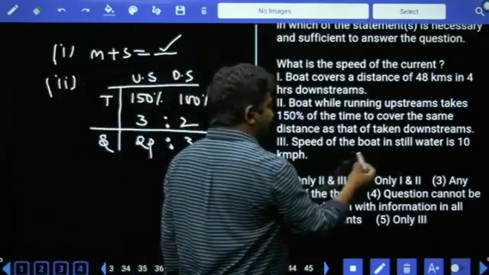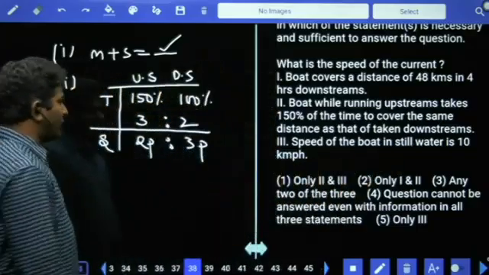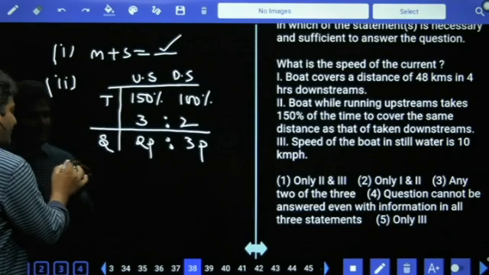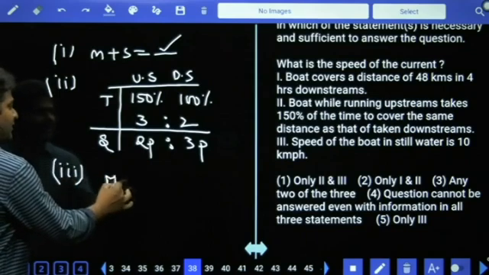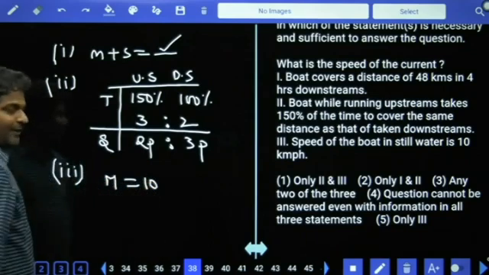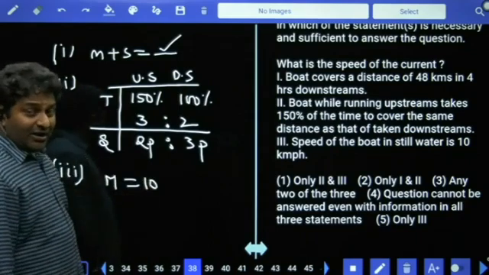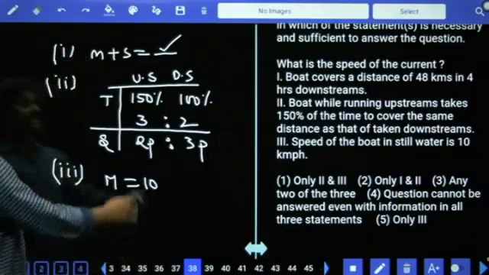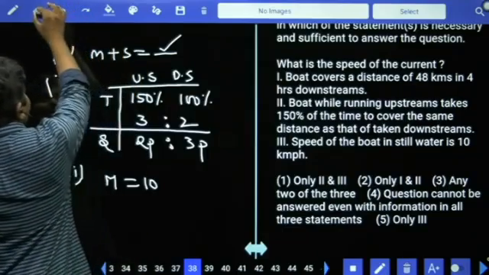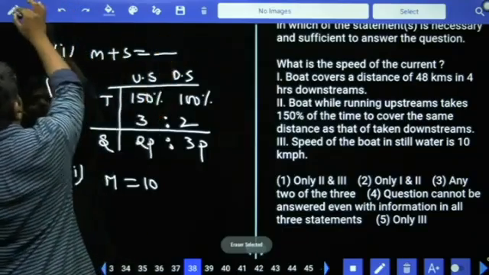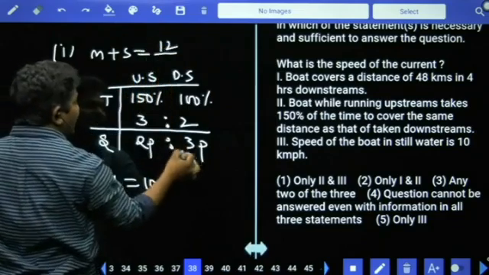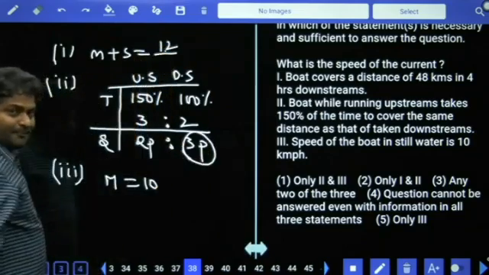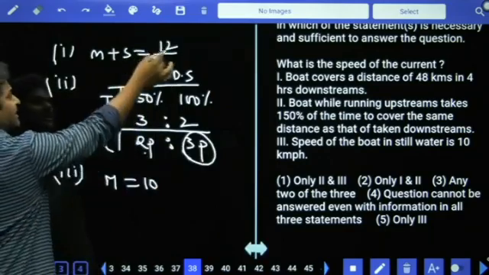The speed of the boat in still water is 10 km per hour. So in the third information, speed of the boat in still water is equal to 10. 3 alone is also not sufficient. Now, can we get the answer using 1 and 2? Yes, because m plus s is equal to, known to us, 12. 3 parts is equal to 12. 2 parts is equal to how much we can